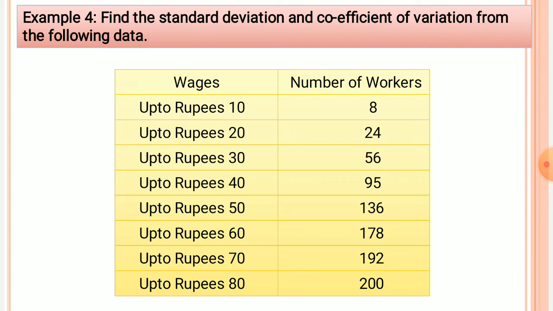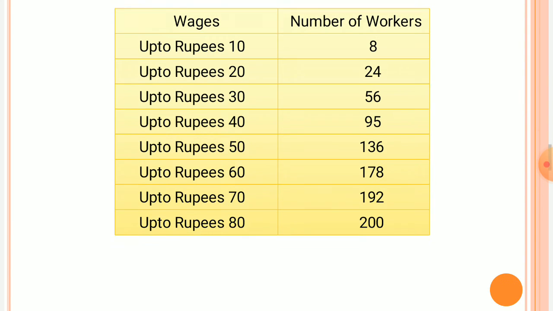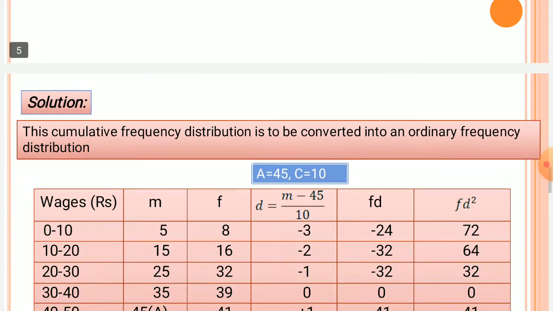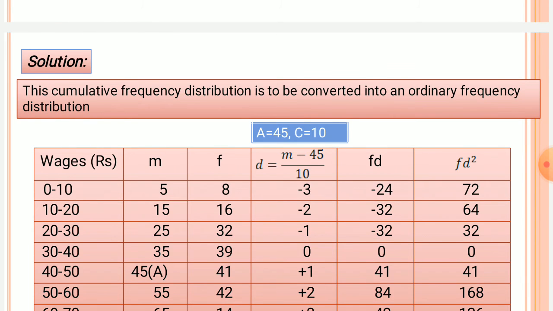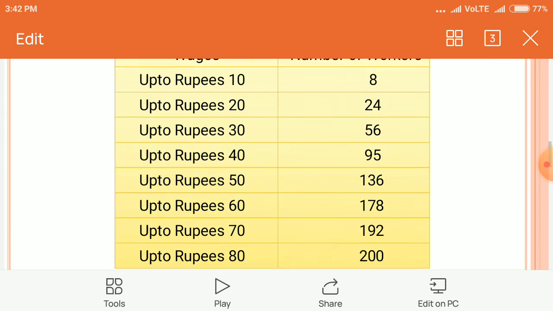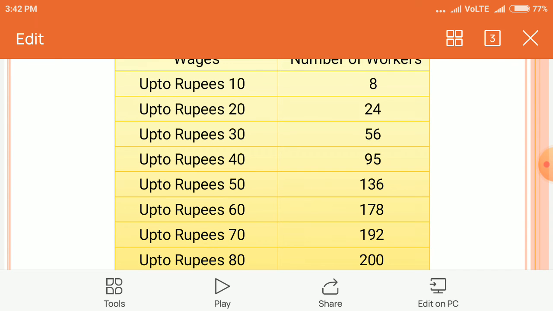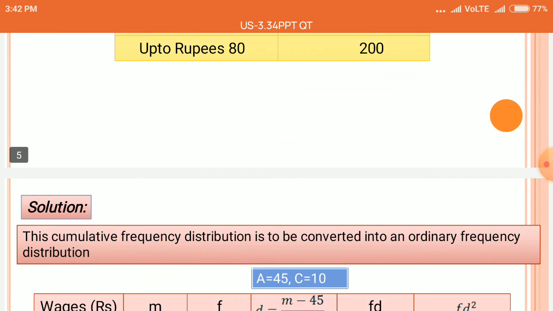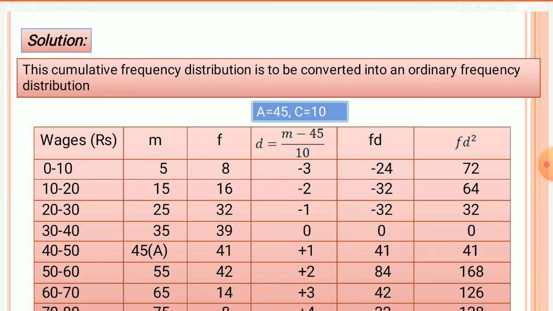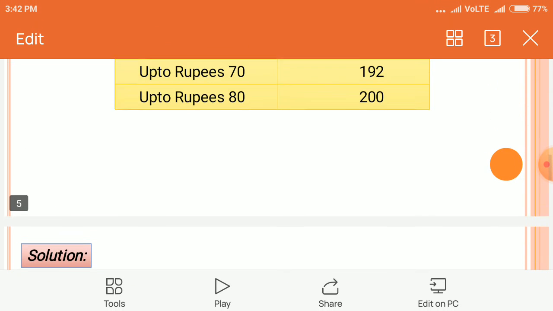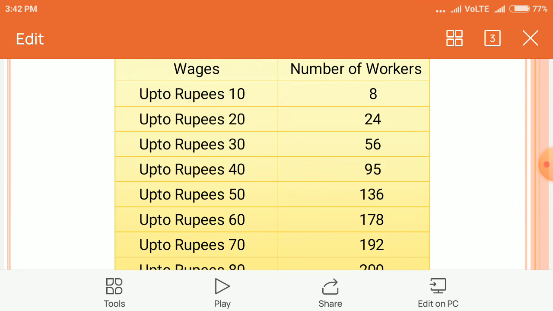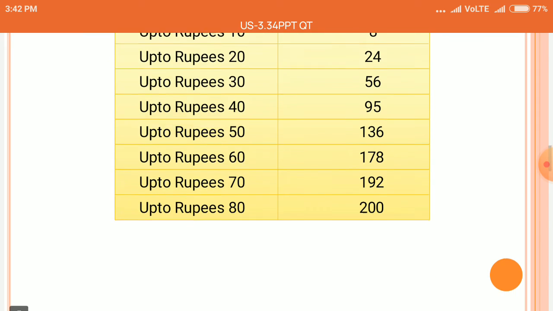24 minus 8 is equal to 16, and then 56 minus 24, 32, and then 95 minus 56,